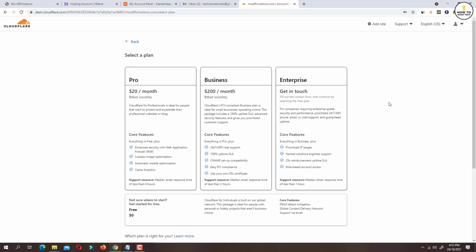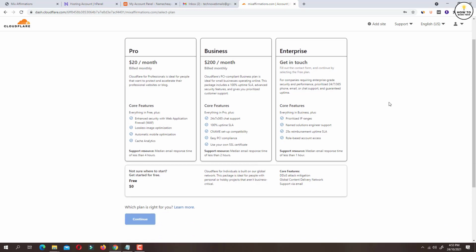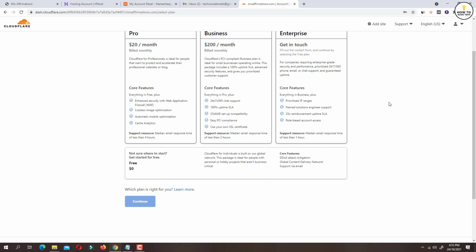And now here you need to select the plan. The plans available are Pro, Business and Enterprise. But as I said earlier, we are going to use the free account and we are going to install the free SSL from Cloudflare. So just click on this free option and then click on the continue button.